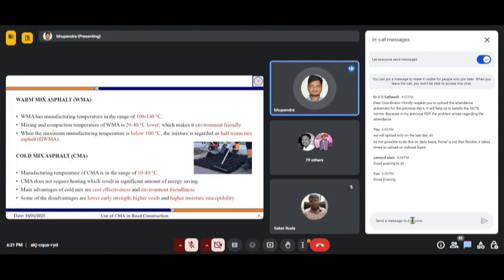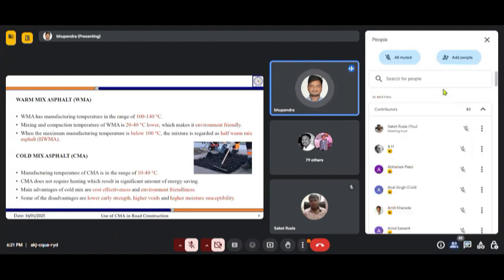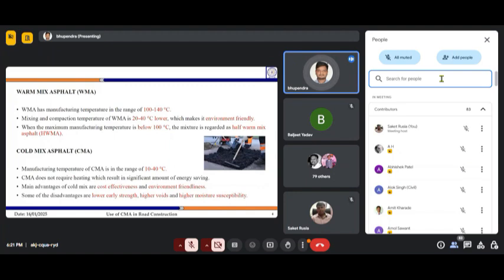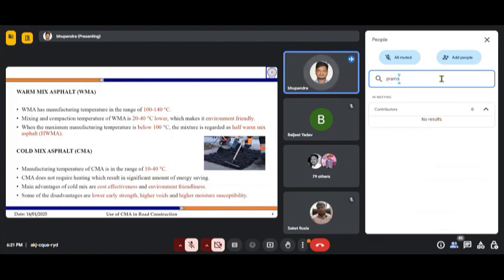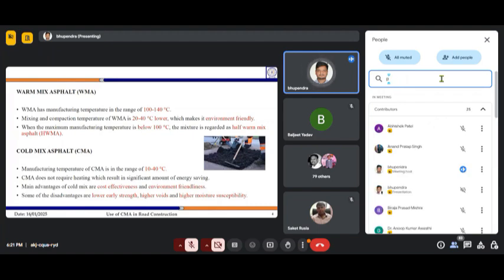And when we compare the performance and durability of warm mix asphalt with the conventional hot mix asphalt, many of the studies, including my PhD studies, have concluded that the performance and durability of warm mix asphalt is on par, and in some cases even better than the conventional hot mix asphalt.